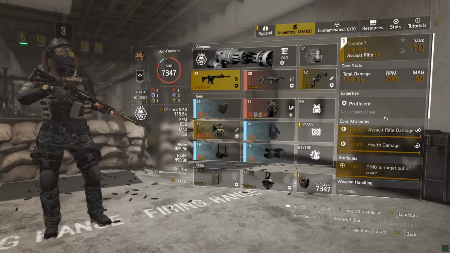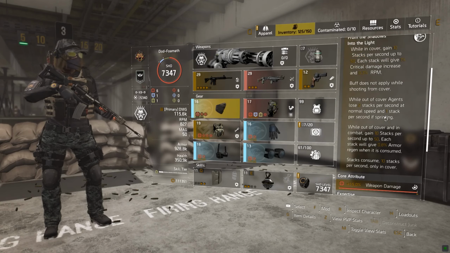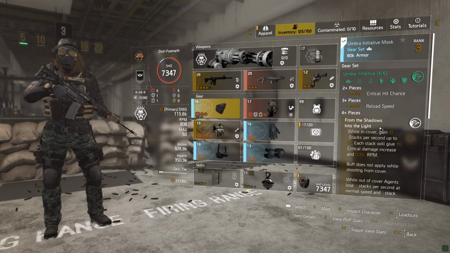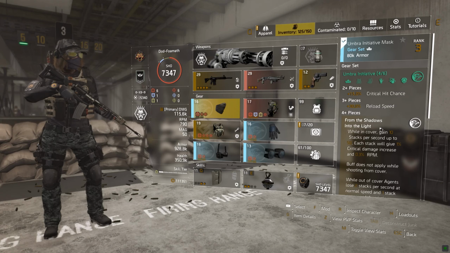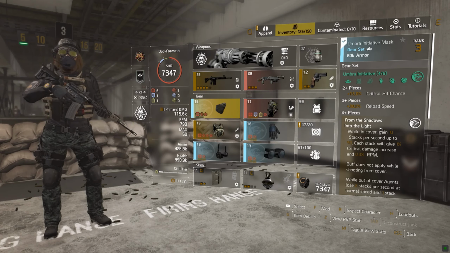So just to show, this is what I'm running. Like I said, running Gunner for the 10% armor on kill, which is helping me out. Memento at max stacks as well, obviously. Along with this build, I would almost argue Memento is best in slot for the extra damage, like passively, and the armor regen. But the overall effect of the Umbra Initiative is,